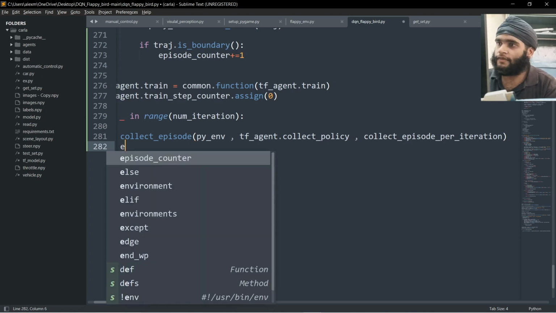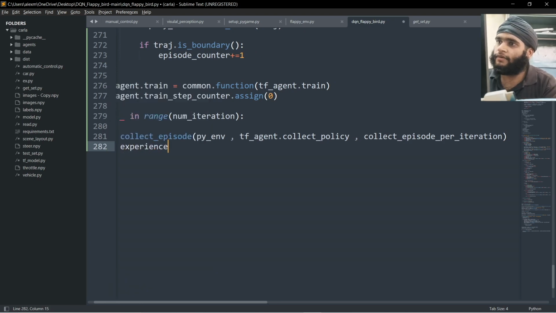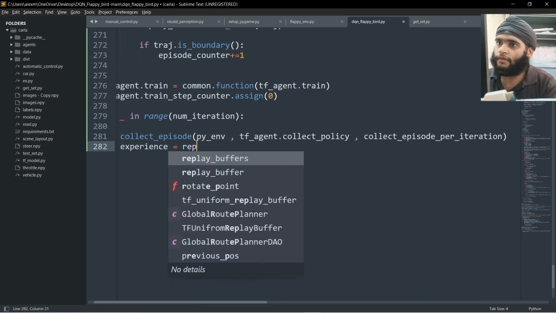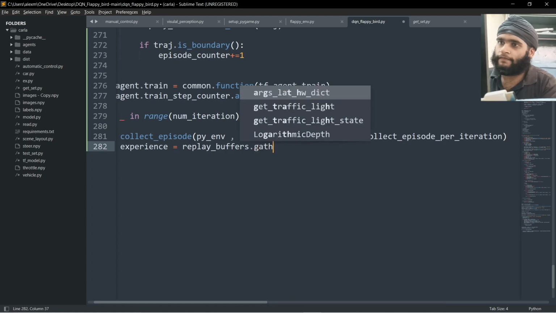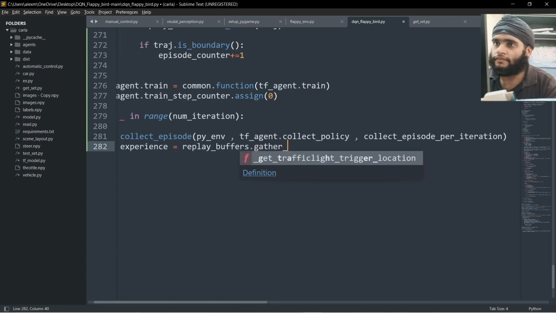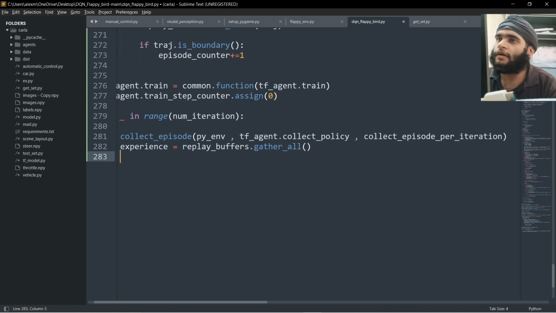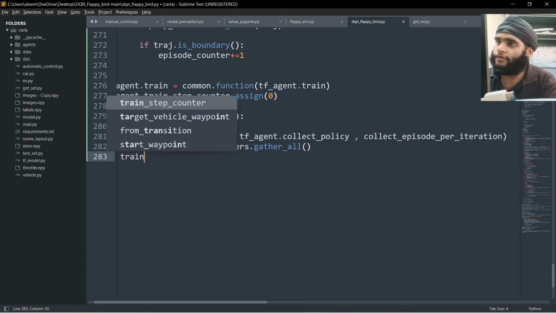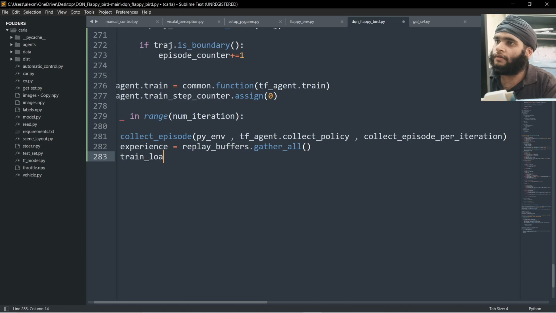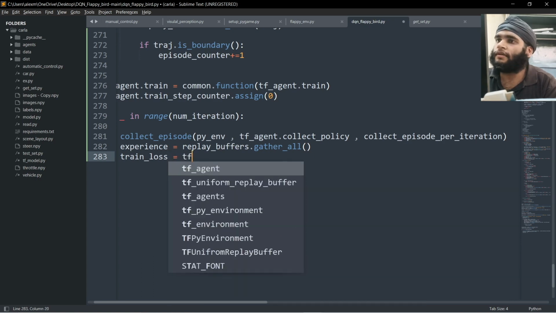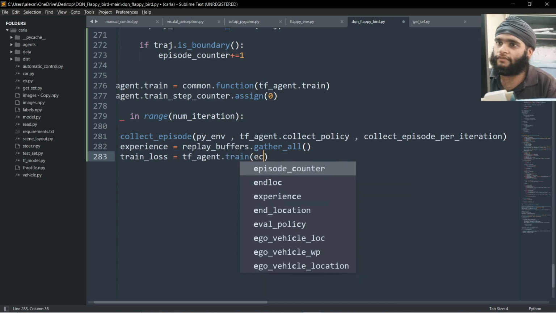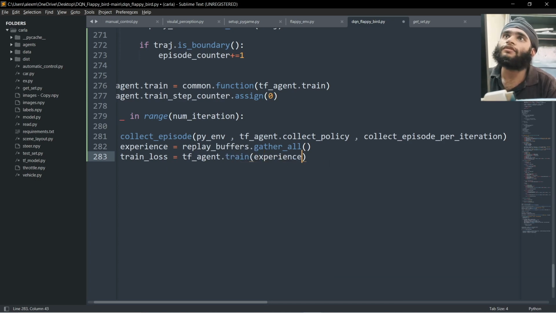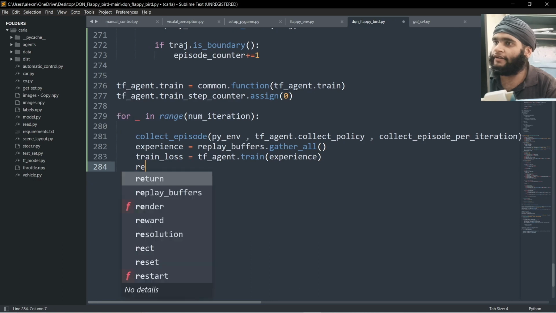For that, experience equal replay buffer dot gather all. Then train loss equal agent dot train on experience. After that, I will clear the replay buffer